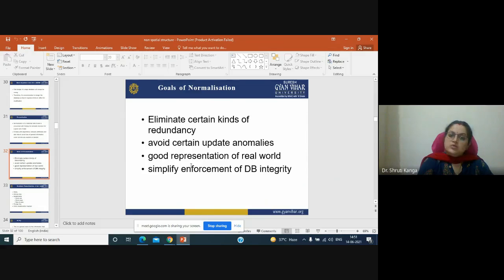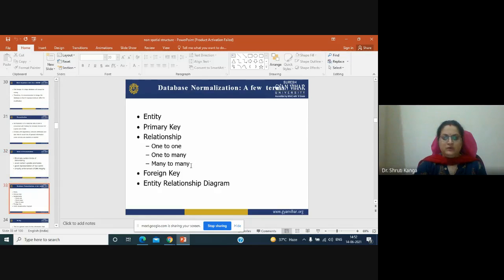So we need to set the priorities of the work, or the things we are going to represent, and based on that we normalize the data, and then we can go for a good representation. Then the other thing is to simplify the enforcement of database integrity.